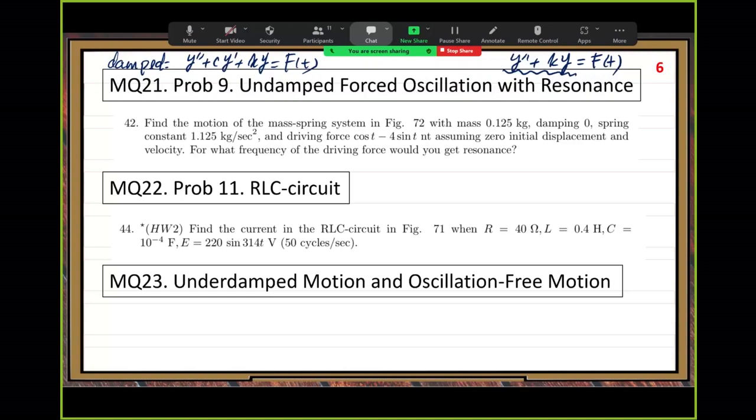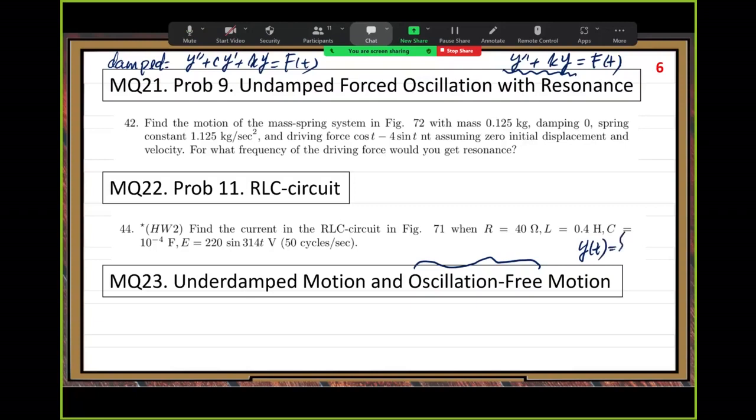Because this one, we want to look at the resonance, that point, critical damping, that line. We want to see that. Another is oscillation-free motion. So they're related. I put them together. So what is the oscillation-free motion? Okay. When you look at the solution y of t,